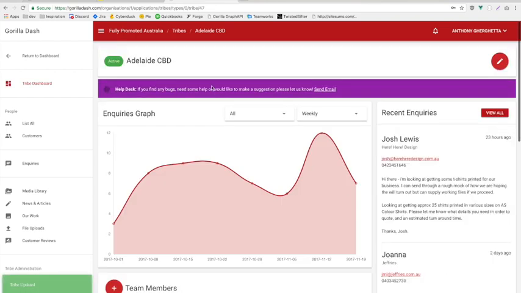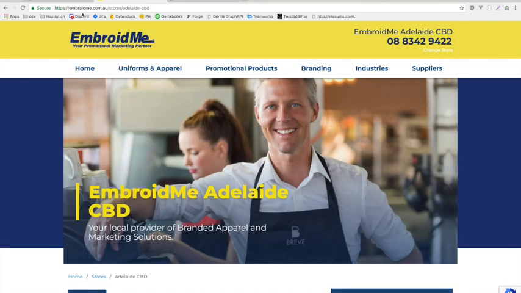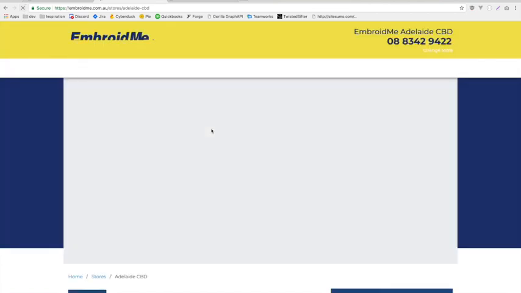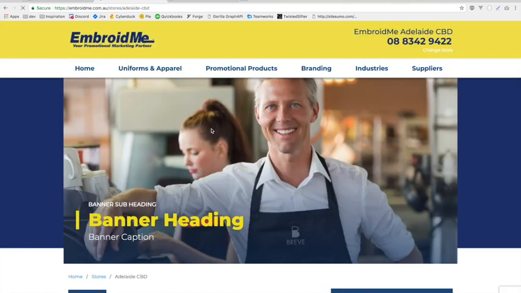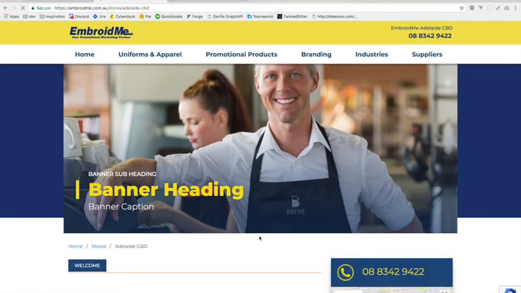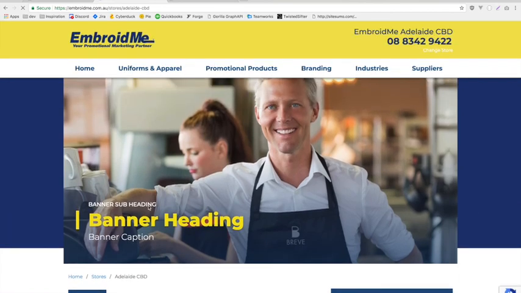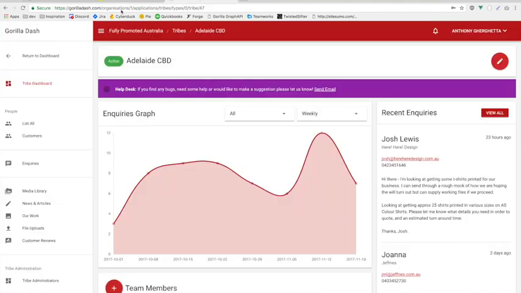We save that, jump back into the Adelaide CBD site, give it a refresh, and you'll see where it comes up. Obviously I haven't put much content in, so it doesn't look particularly good. The banner subheading is just a small label on top of the main heading. Then you have the banner heading and the banner caption. So you're more than welcome to make changes to that. If you don't want to change it, then just leave the fields